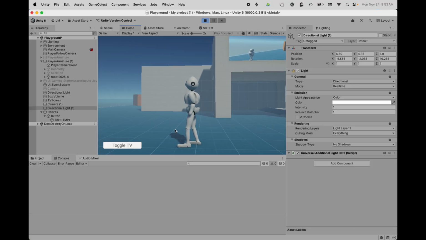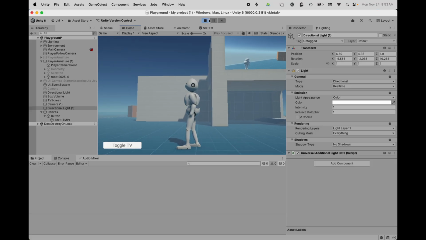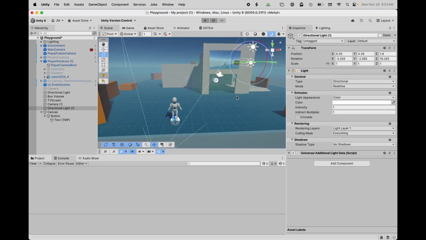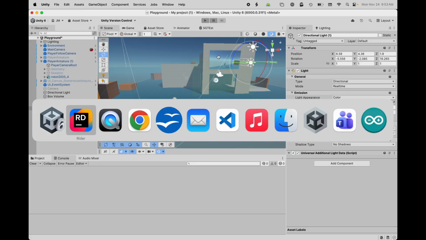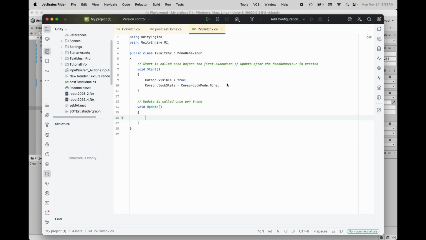Awesome. And now our mouse is still there, so I can turn the TV on and off. That's great. Okay, so the next problem is we want this to switch materials, right? We want to have a material that's off, and then a material that's got the camera. So let's create a couple of spaces for materials,